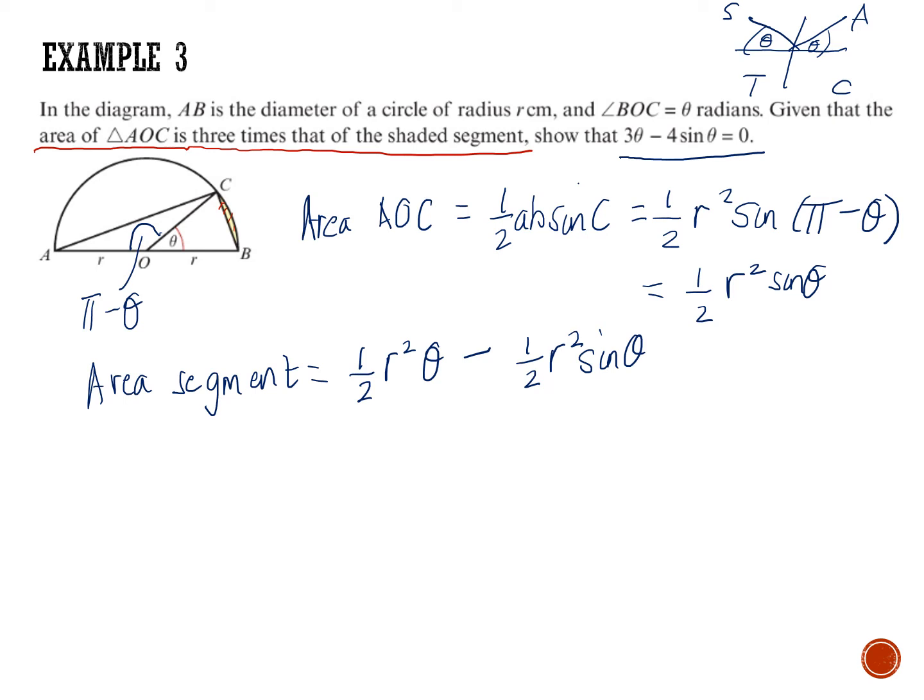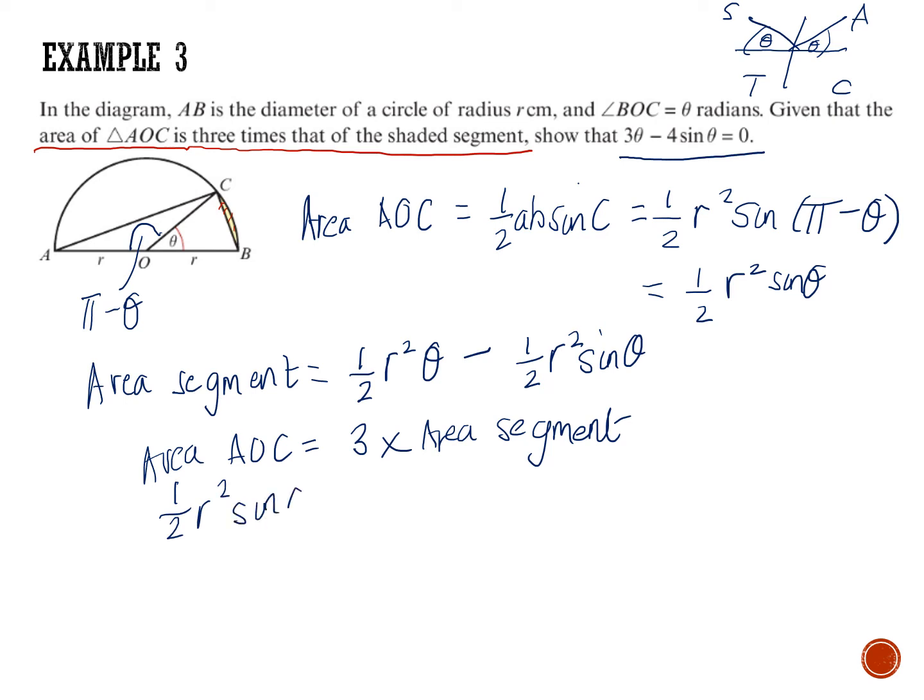Right, let's form our equation using the information that they've given us here. The area of the triangle is 3 times that of the shaded segment. So the area of AOC equals 3 times the area of the segment. Okay, so let's write an equation then. Area of the triangle, half r squared sine theta. Area of the shaded segment, 3 lots of half r squared theta minus a half r squared sine theta. Okay, the thing we're trying to prove